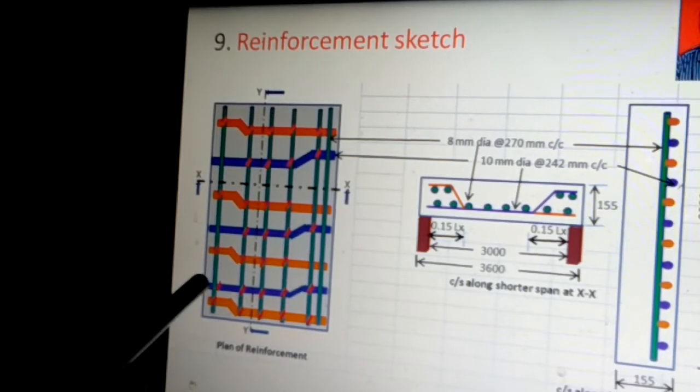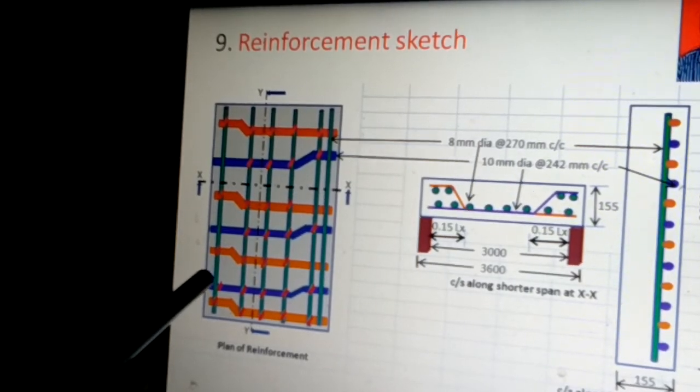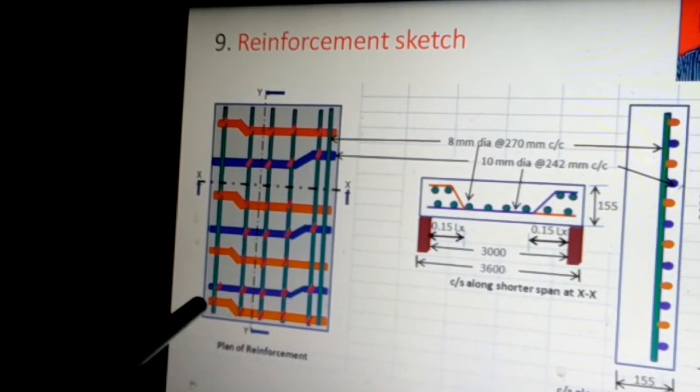slab near the support. As such, there is no need in one-way slab, but suppose if we provide some parapet wall on one-way slab, or some temporary construction on the one-way slab along the edges, then this negative moment may arise. So we take care of the future stresses if any. We provide a bent up at the top of the supports, on the left side of the one-way slab shorter span and the right side of the shorter span.